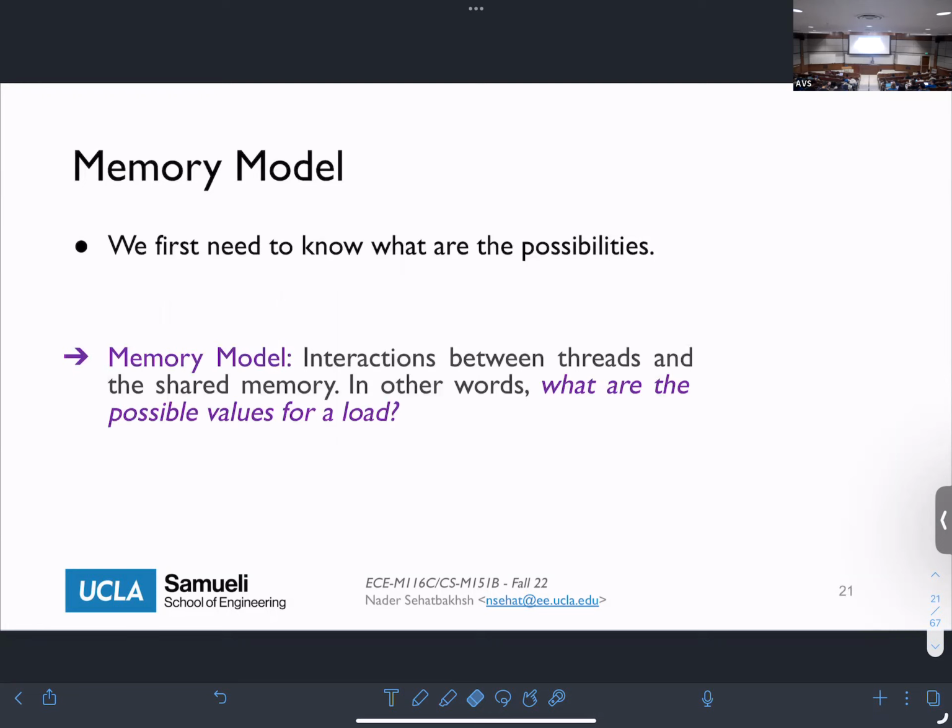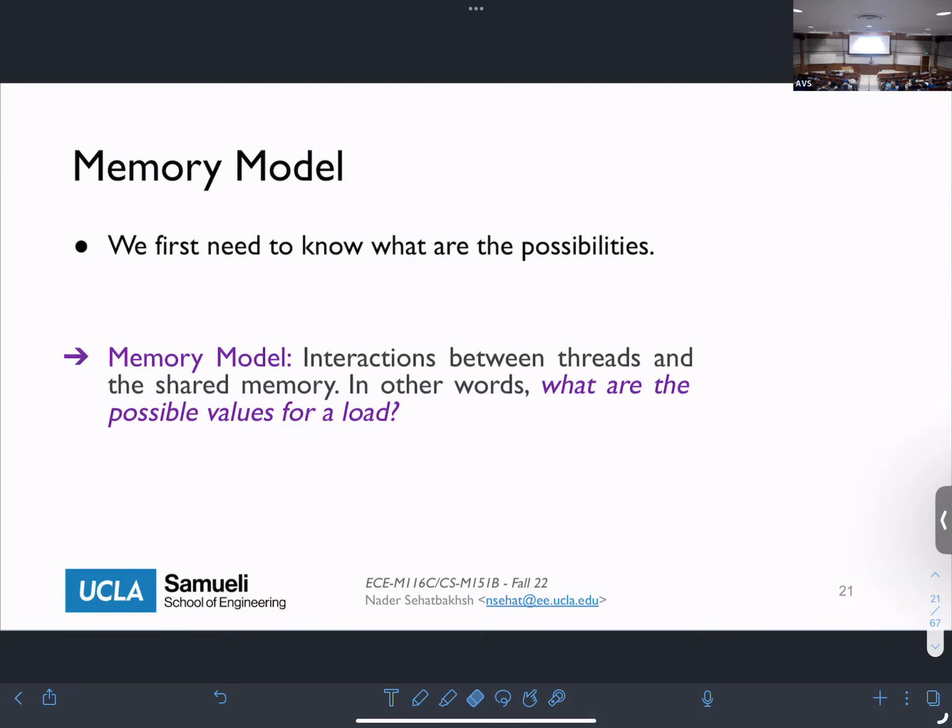All right. In order to fix the reordering problem, we need to know what the possibilities are. Is it possible to reorder these two instructions within one core or not? Can all loads and stores be reordered? Can only loads be reordered? Maybe only stores can be reordered? Which one is the case? This is what we call a memory model. The memory model, from the programming view, means that if you're writing a program for each core, you need to know what the possibilities are within that core for reordering.